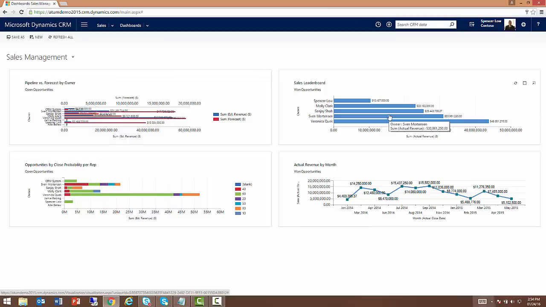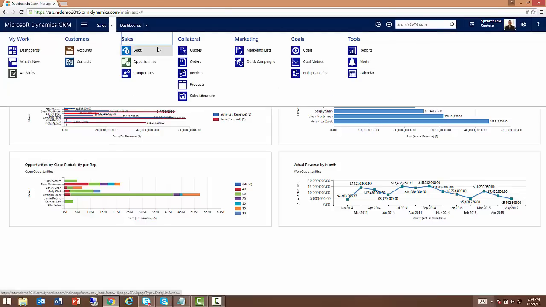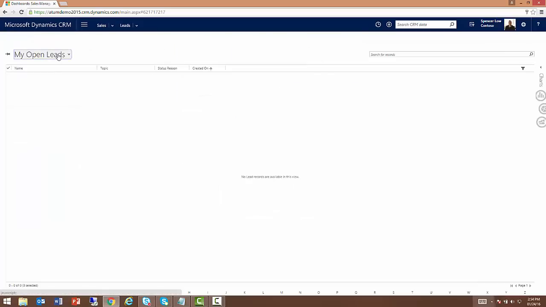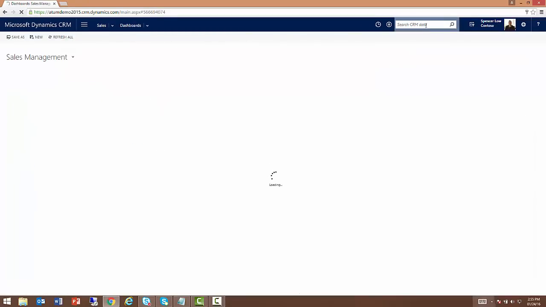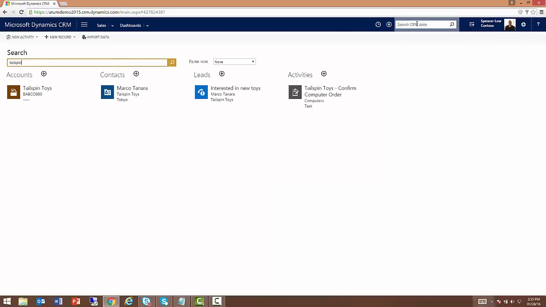Another very big win that Microsoft has implemented is this global search, and it really changes the way that you navigate. Previously, before global search was implemented, if you needed to go into, let's say, a lead for one of your potential prospects called Tailspin Toys in this example, you would have to dig through the ribbon, go to leads, find the lead that you're interested in, and then open that up. The advantage with global search is all you need to do is type in the name of the account, which is Tailspin Toys in this example, hit search, and it will search throughout the entire system for everything